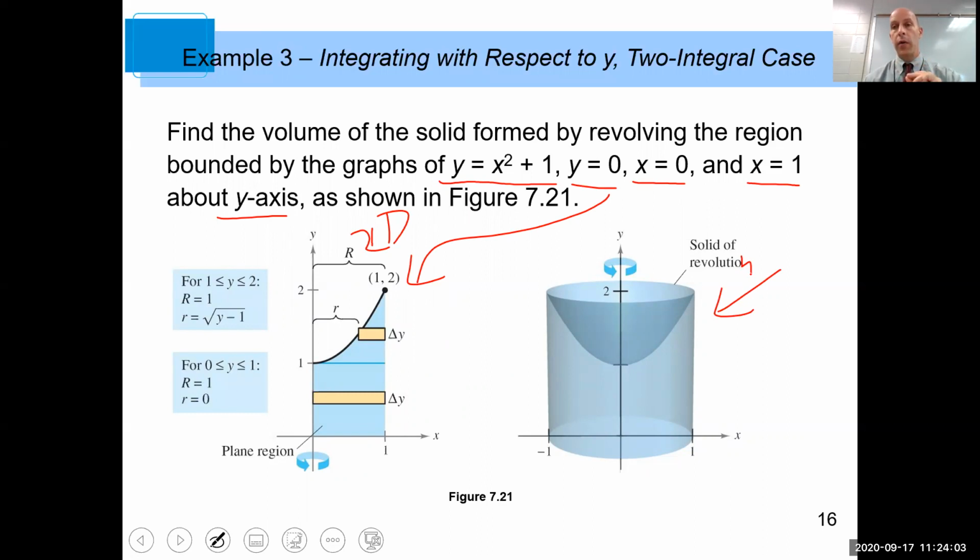So what we're going to do on this problem is, first of all, I'm doing this example because we're going to do it with respect to the y-axis. And second of all, you're actually going to have to do disks and washers to get your answer here. So the first thing we need to be aware of is, since